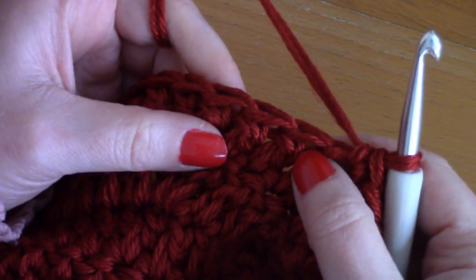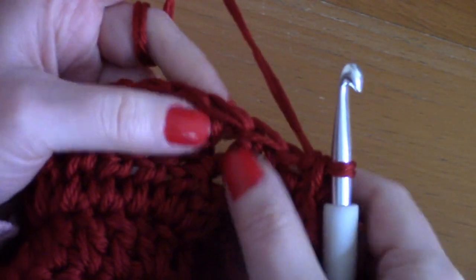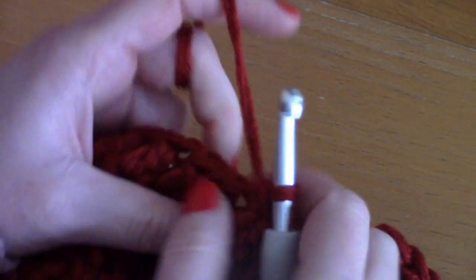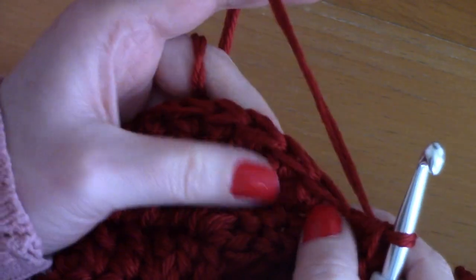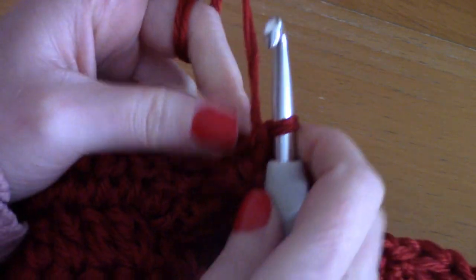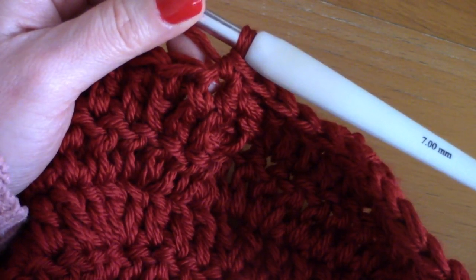Now skip 2 stitches, 1 and 2, and go into the next with a single crochet. Now skip a stitch and go into the next with a single crochet. Now skip 2 stitches and go into the next with a single crochet. And now skip a stitch and go into the next with a single crochet. And just carry on alternating, skipping 2 stitches, 1 single crochet, skip 1 stitch, 1 single crochet until the end